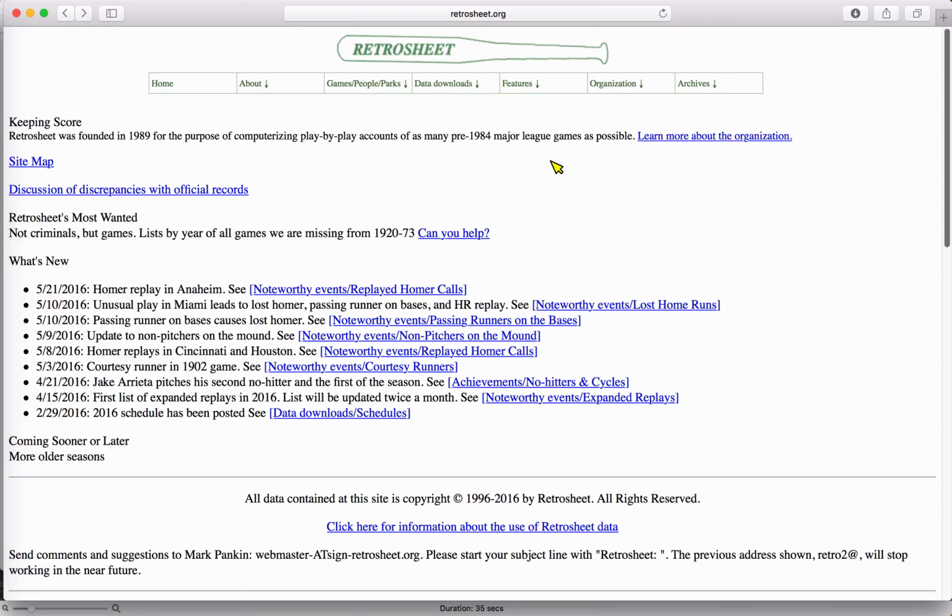The Retrosheet project is a huge resource for anyone interested in baseball statistics. As you can see, the main goal of Retrosheet is to computerize accounts of as many Major League Baseball games as possible at the level of play-by-play. The data are freely available for download, and if we take a look at the types of data,